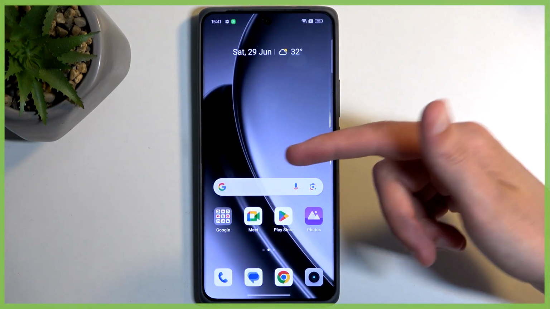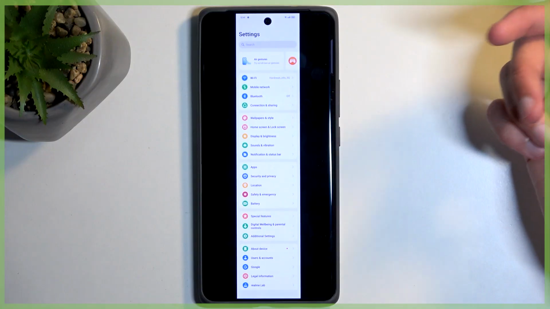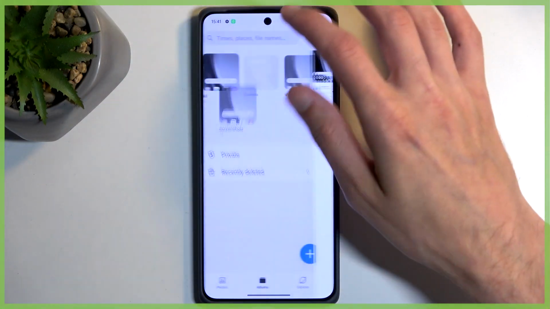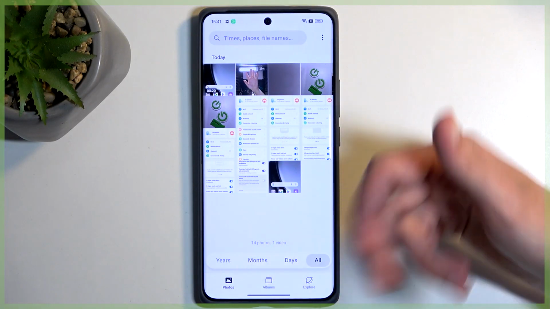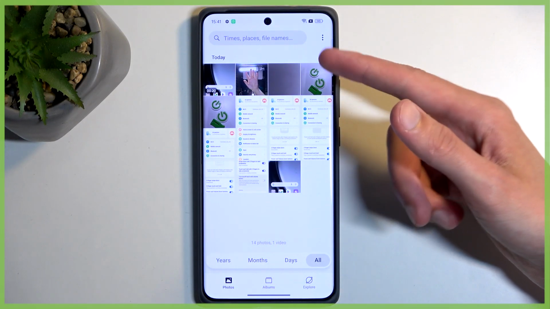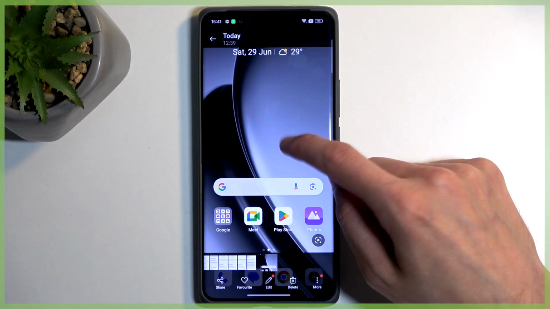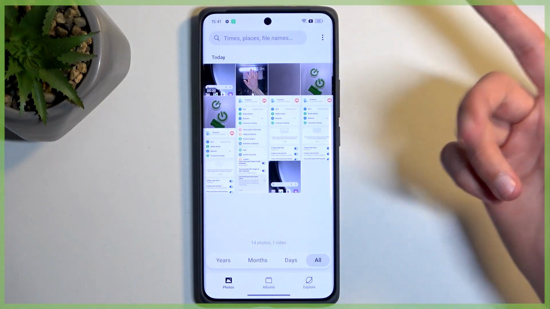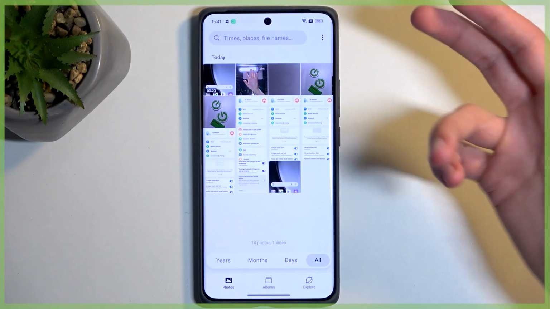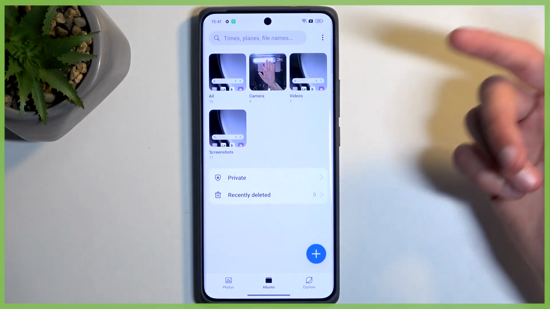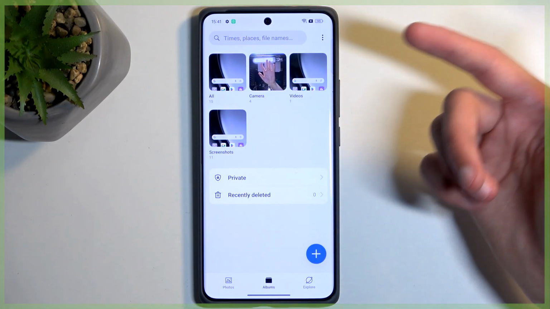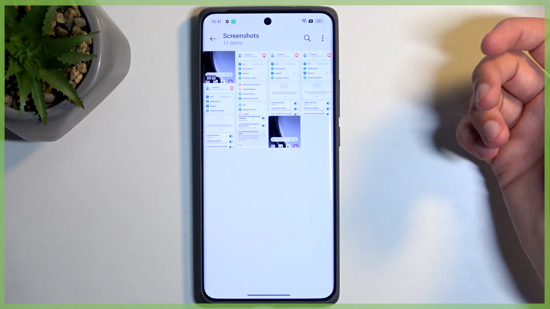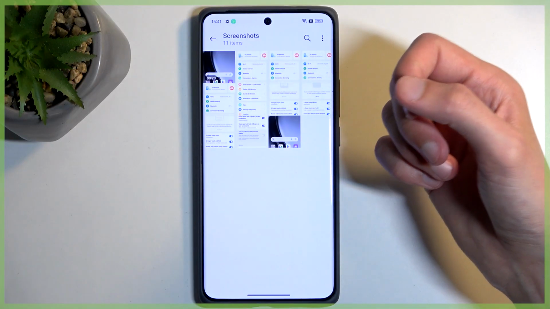So anyway, let's open up our Photos application right here. Disregard this pop-up. So by default you would be located in the Photos tab right over here, and your screenshot should be visible somewhere, which I believe this is the one that I have captured. But later on you might want to locate the screenshot a bit of an easier way, which you can do so by going into the albums, and in albums you'll find screenshot album, and obviously in the screenshot you'll find screenshots, also screen recordings,